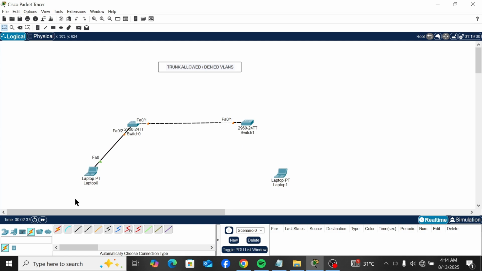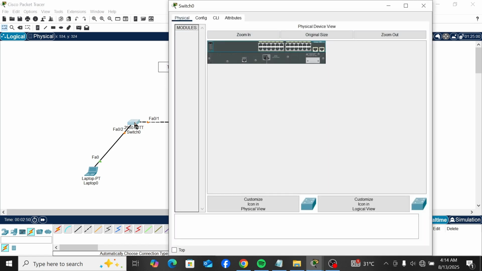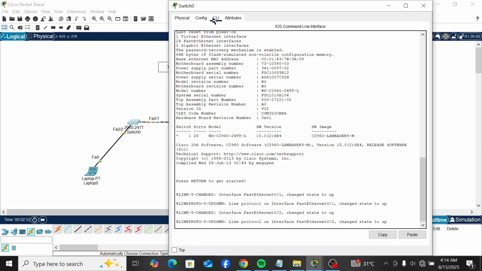Connect this to this, and this to this. Okay, guys. Right now, we always need to trunk the two switches. Whenever two switches are connected, the port has to be trunked. So we have to trunk